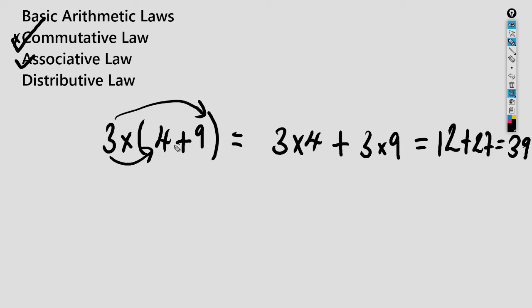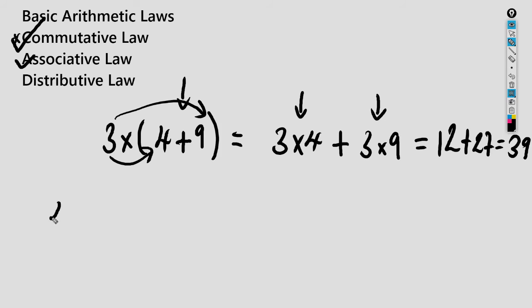So this is pretty much what the law is. The law is basically saying you end up getting the same thing as if you added the brackets first, which is 4 plus 9, which would give you 13, right? And 3 times 13 would be equal to 39. So basically the law is saying that when you break up the brackets and you do them separately, you end up getting the same number, okay? So you're totally fine with that. Now let me do it for the subtraction case,